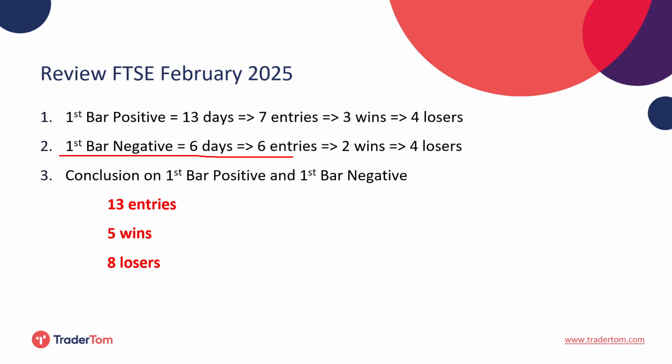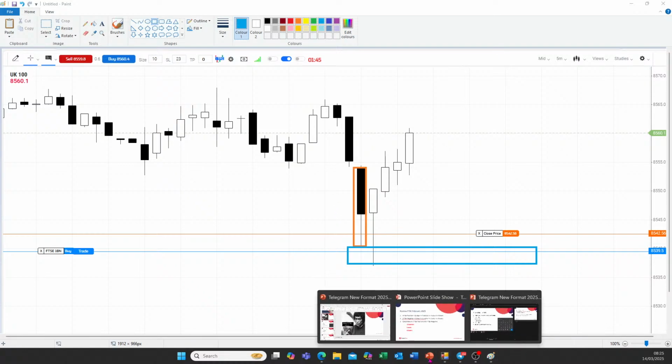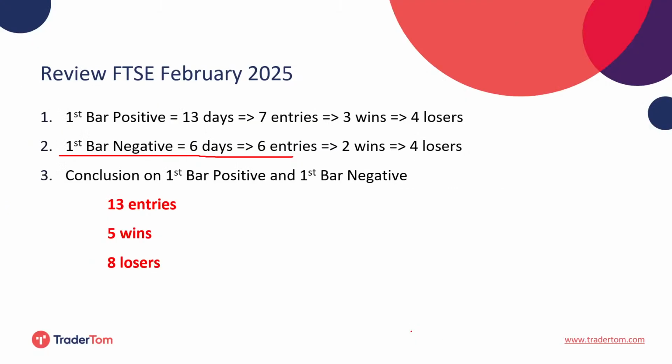I'll just go back to this. So there was, I think it was, there were 6 days where the first bar was negative, and out of those I had 2 winners and 4 losers. That is not terribly impressive, as you can see, but